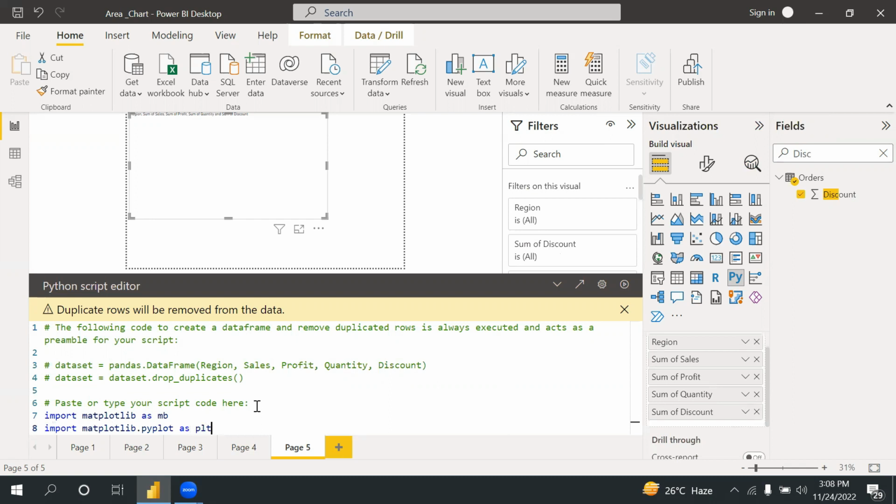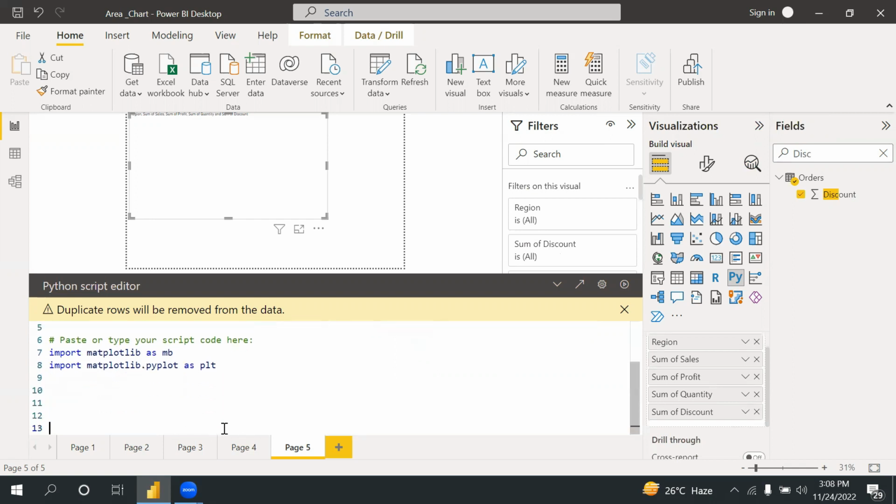Okay, so I give the aliases mb and plt here. Now, to create an area chart, I will write plt dot stackplot. Okay, and